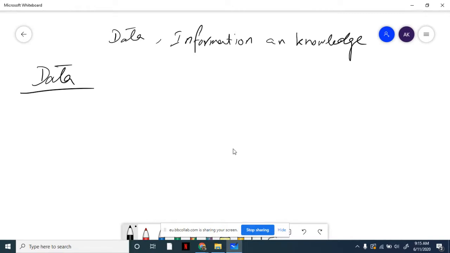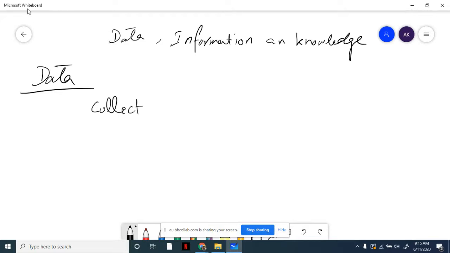Data is information. If data is the information, why do I need to write the information apart from data? Why do I need it? Strange, I have two different words, and when I talk about these two different words, it means they both are different things. So now I start with data. If I talk about the book-based definition, and then we will talk about different examples to understand this term. Data, as far as the book is concerned, is